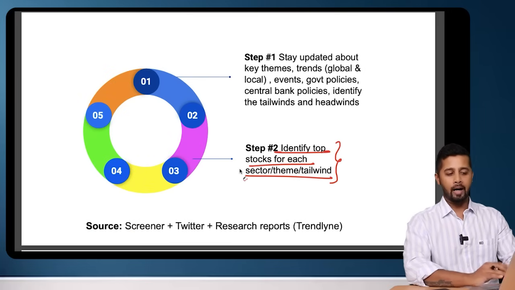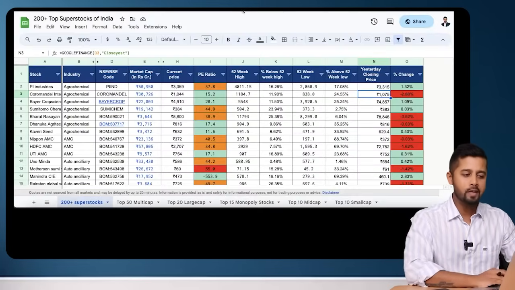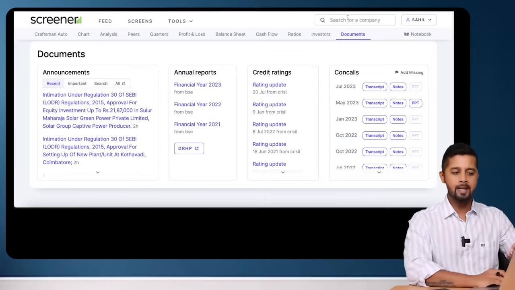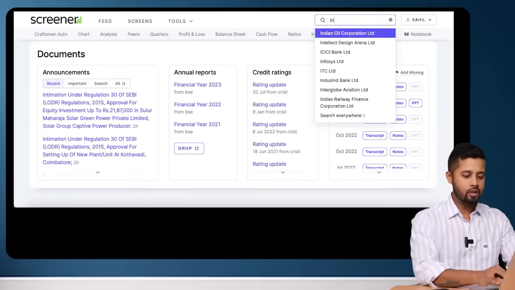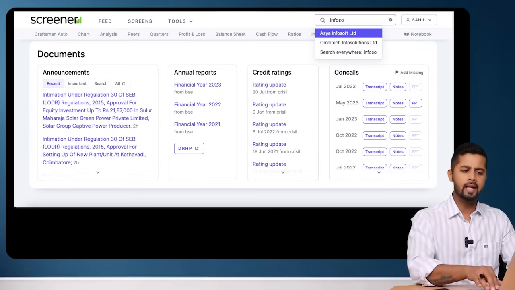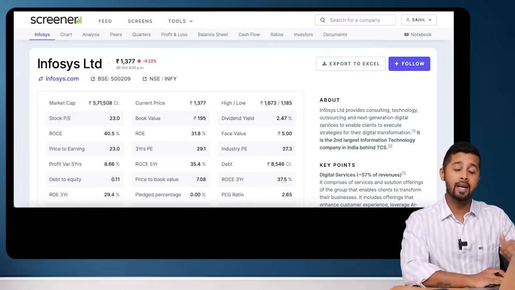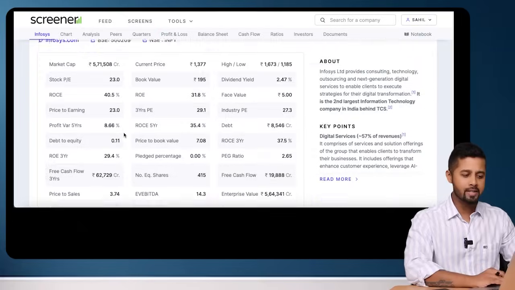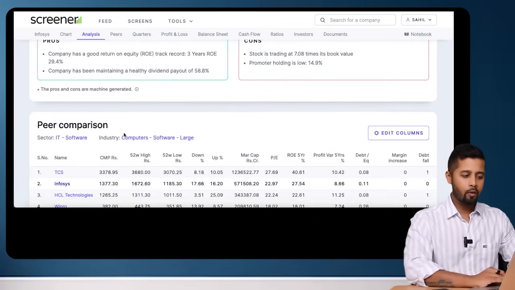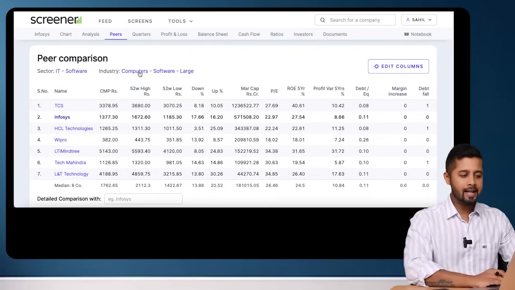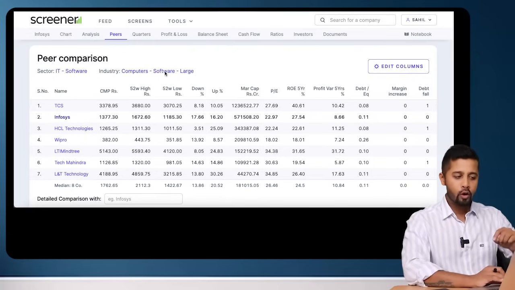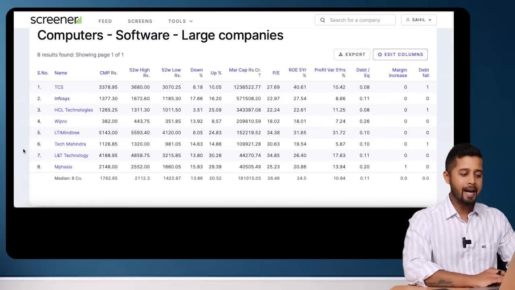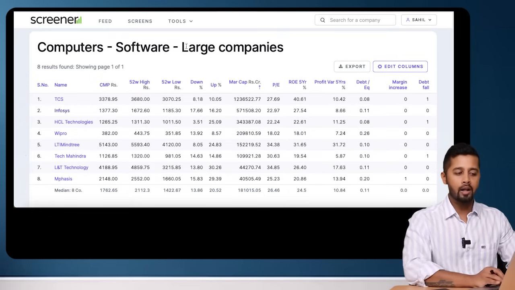Okay. So there is one more way to do it. If you visit the Screener website, this is a very simple way to do. Let's say you want to identify the IT company, the companies that fall in the IT space. So let's say you search Infosys. If you scroll down on Screener, there's a section called Industry, and that says Computer Software Large. If you click on this, it will showcase 8 companies that fall into the large companies and computer software space: